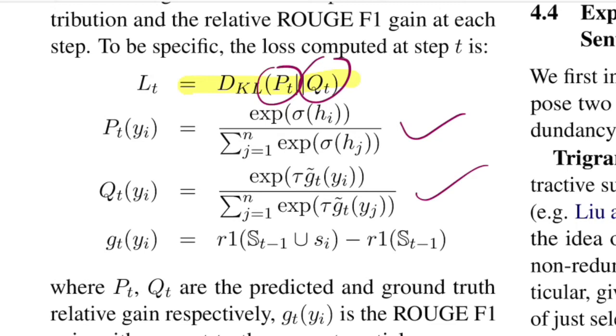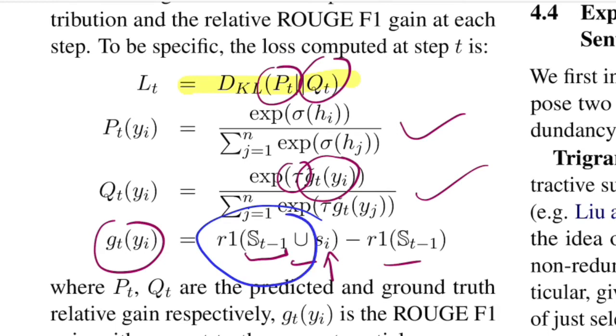And Qt is a function of a temperature-based g tilde t(yi), where g_t(yi) is nothing but the difference between the ROUGE scores. So here S_{t-1} union whatever sentence you are about to select, what is the ROUGE score that you get with the original summary, minus the ROUGE score if you had just t minus 1 sentences. So if the ROUGE score increased, it means the selection that you have made is good. Otherwise, you could also get a negative value in this case, if the right term is greater than the left term. So to normalize this factor and keep things between 0 and 1, they squash these values